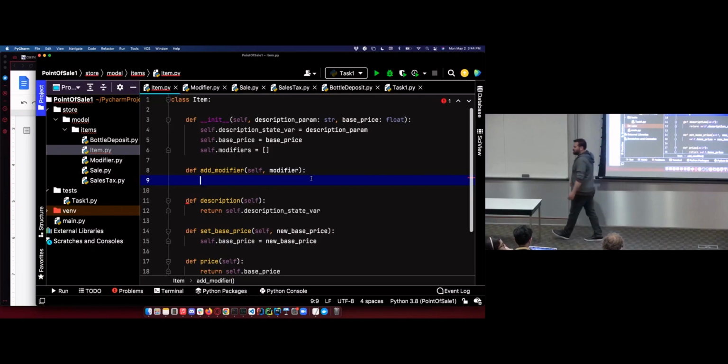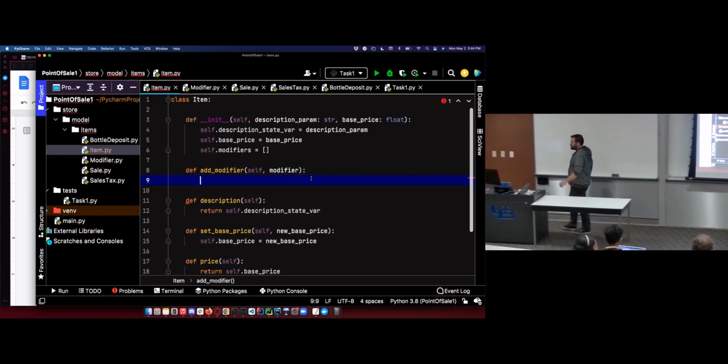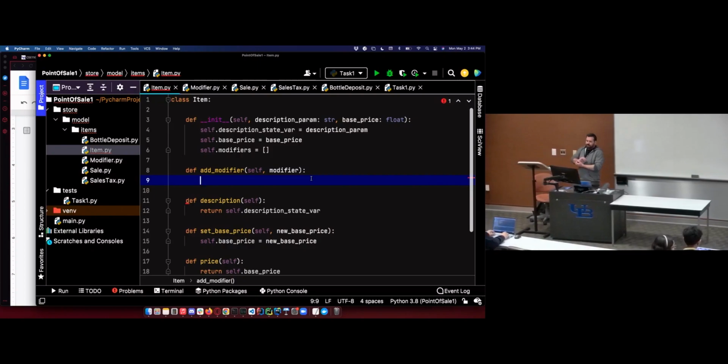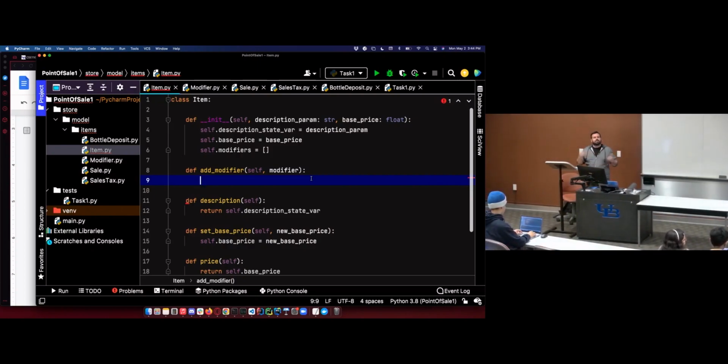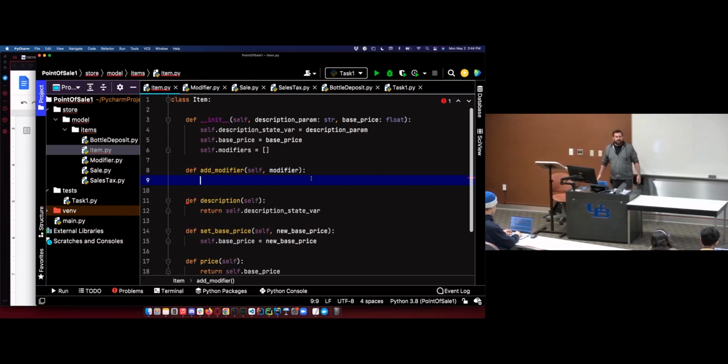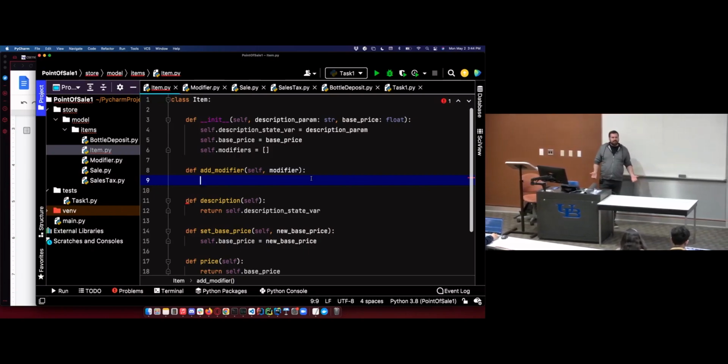So we don't really get to see the benefit here. We're just going to make sure everything we put in this modifier list is actually a modifier, but it's up to us to keep track of that. And if we mess it up, we get one of those Python runtime errors. We're not going to know until runtime things are going to break, and then we've got to go and debug.